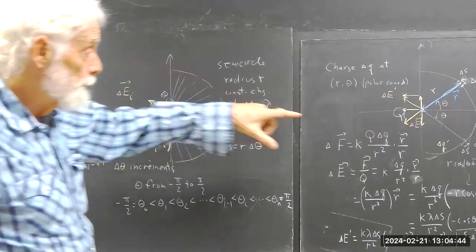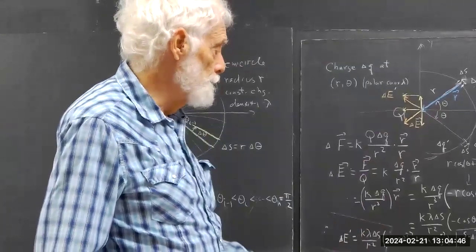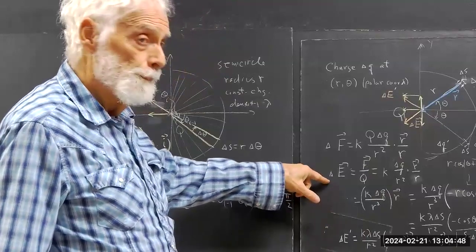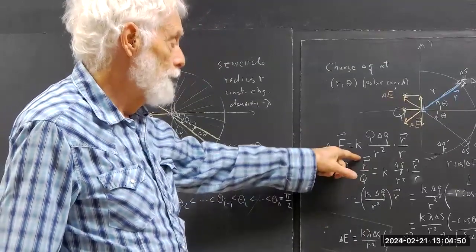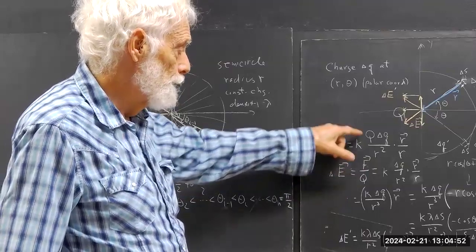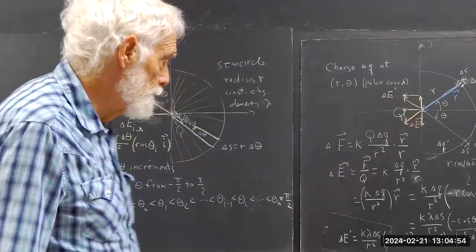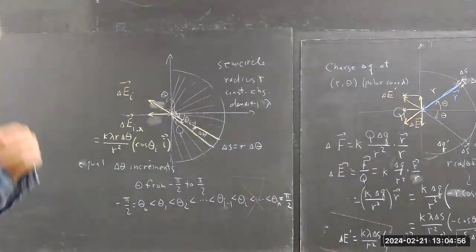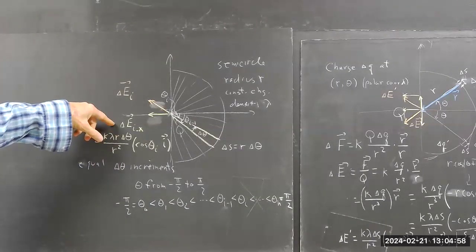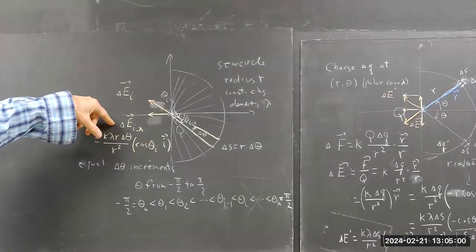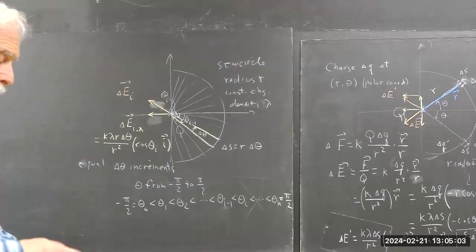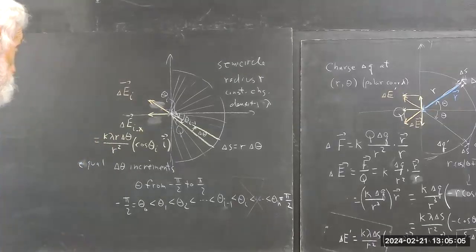We began by postulating a test charge at this point, but we know that if we want to get the electric field, we divide the force by the test charge. So we have a force, we divide the force by the test charge. We talked about that last time. We have this, so that the total field